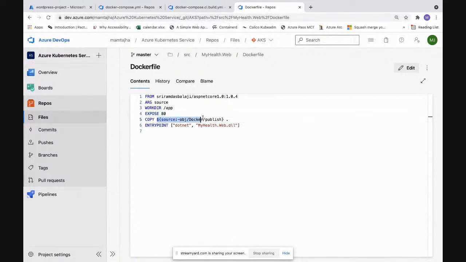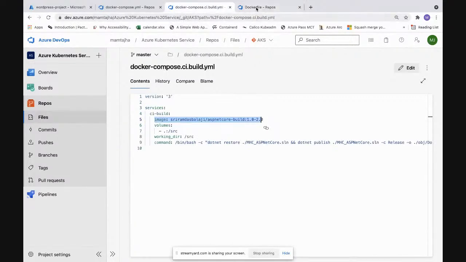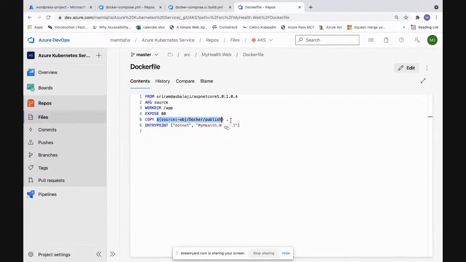Whatever we have published as part of the previous build, which has happened as part of the CI build, that we are picking up here and copying that with a dot. That means I would be copying that into that temporary container, which would be building up the stuffs. So, when the application starts, we would be starting our DLL, which is actually going to run our application.